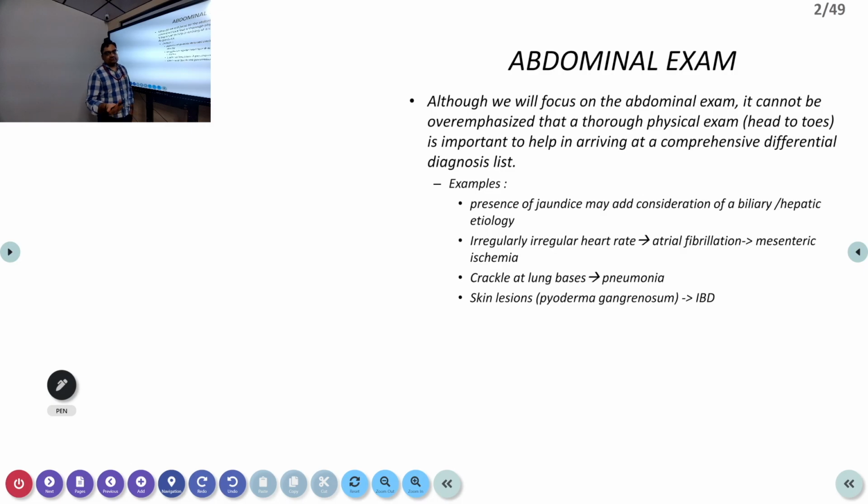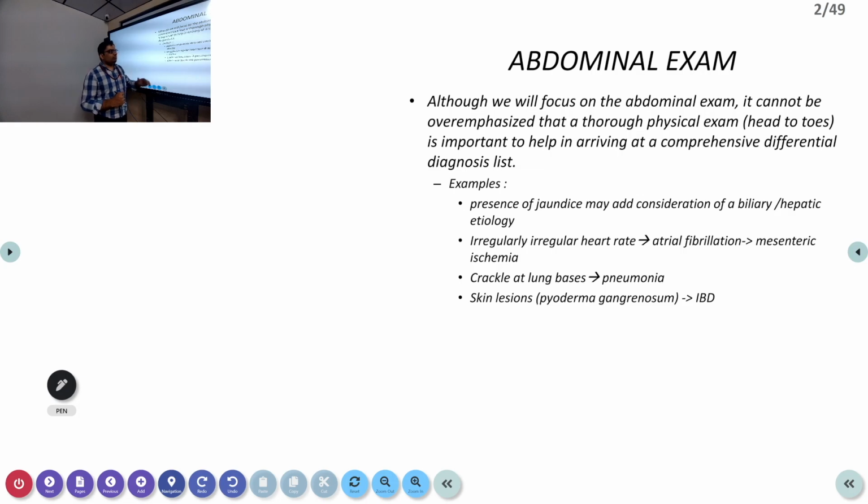The patient may have hematemesis because of an upper GI bleed, or melena, that is, passing altered blood in the stools, or hematochezia, that is, passing fresh blood in the stools. All these things have multiple differential diagnoses. Some symptoms, for example diffuse pain all over the abdomen, vomiting, and abdominal distension, may be non-specific and seen in multiple diseases. So it is always important to do an abdominal examination and look for signs which can localize the pathology.